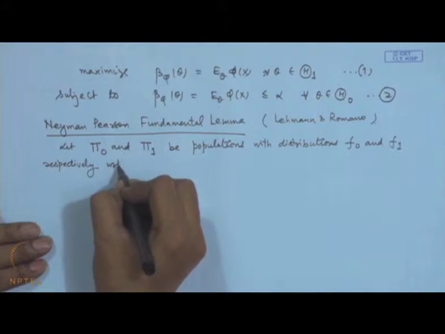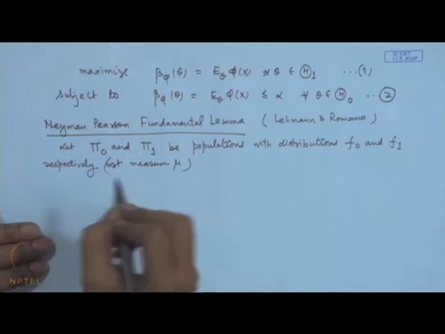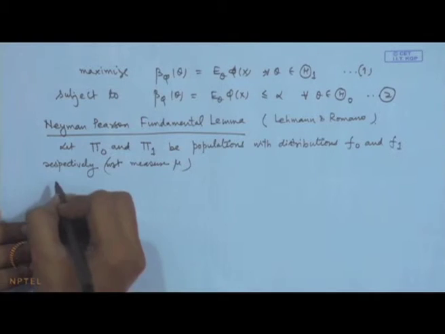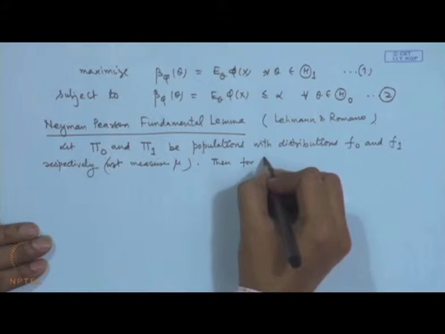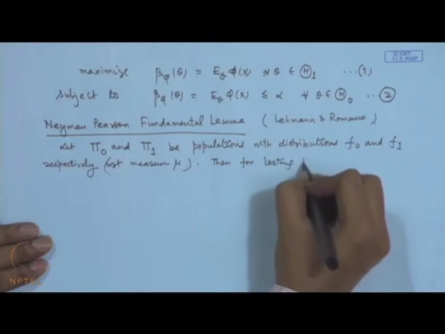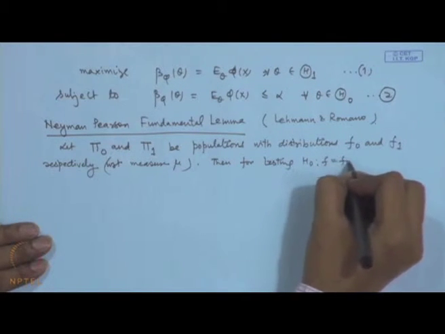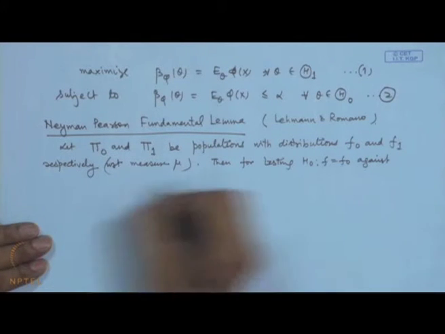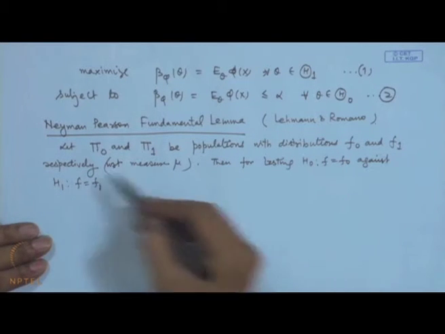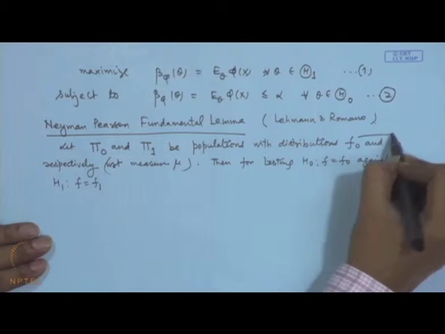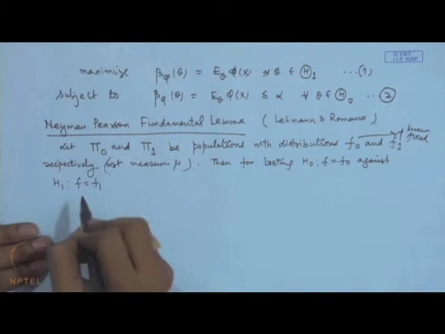So, let me say with respect to measure mu, then for testing H naught, that is f is equal to f naught against the alternative H 1, f is equal to f 1, that is the simple versus simple hypothesis case. So, these f naught and f 1 are known, these are fixed. Okay. So, for this hypothesis problem,